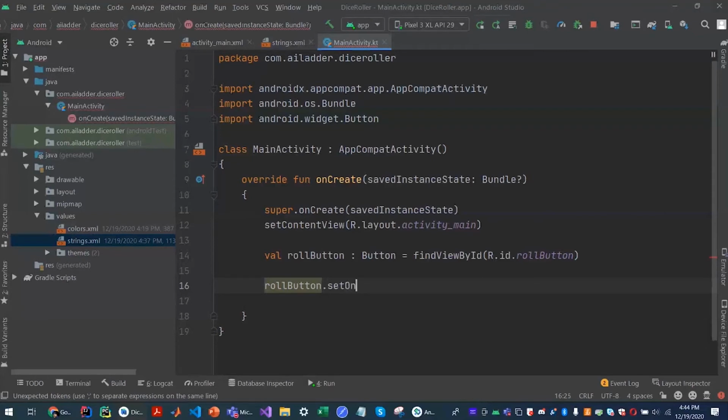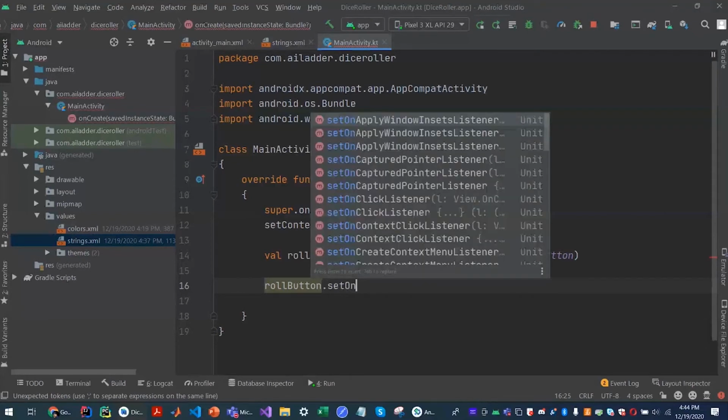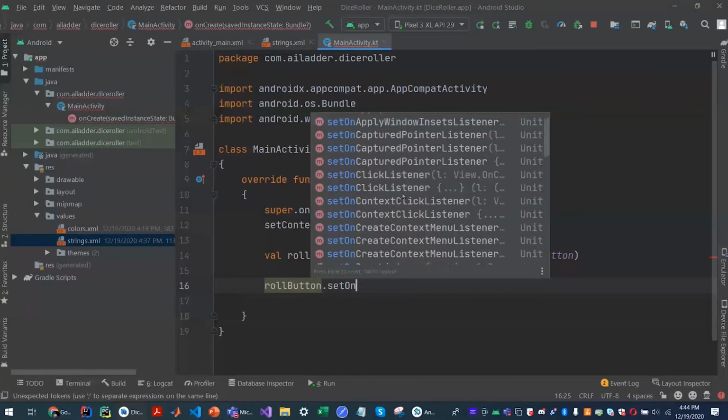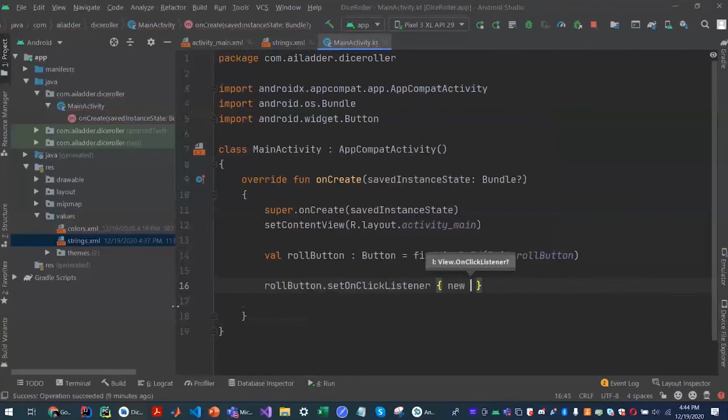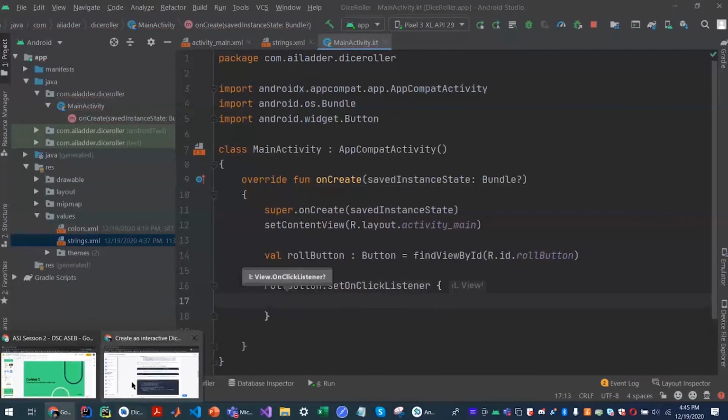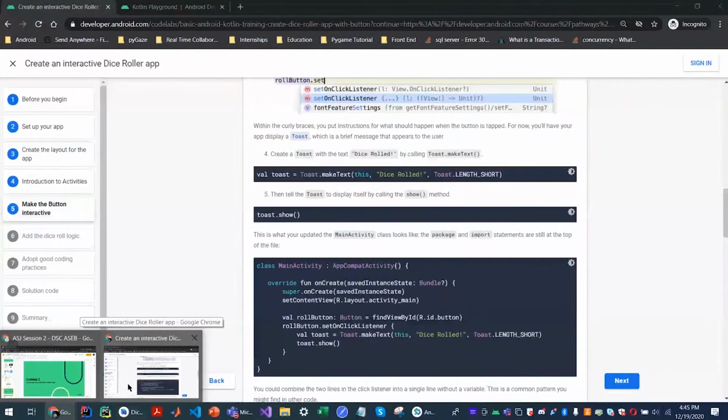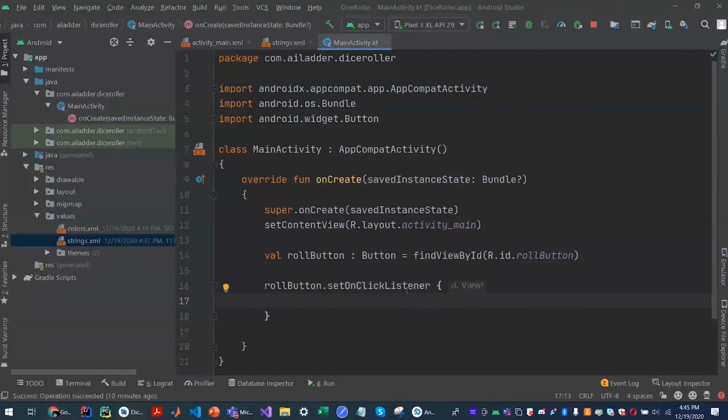See, there are lots of listeners here. The one we'll be interested in for today is the on-click listener. So this is how you attach an on-click listener to the button.